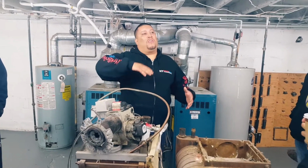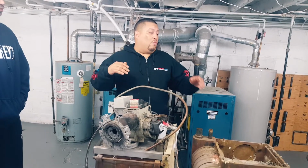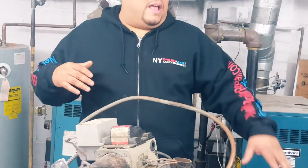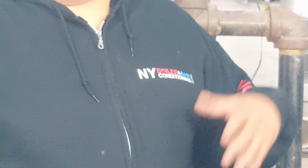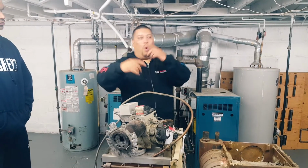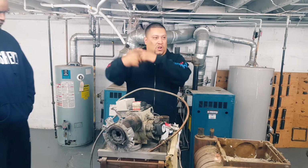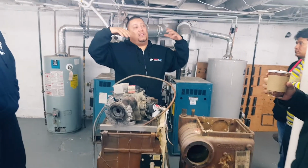So you're going to bring it to 180 degrees. When it reaches 180 degrees, it knows it's going to shut off on the Aquastat. When the Aquastat shuts off at 180, they have a differential. They have what's called a triple Aquastat, which has a high limit and a low limit. When it reaches the high limit, it shuts off the boiler. Now the water is going to circulate through the pipes. It's going to keep circling as it gives off radiant heat from the radiators. Now as the heat is coming off